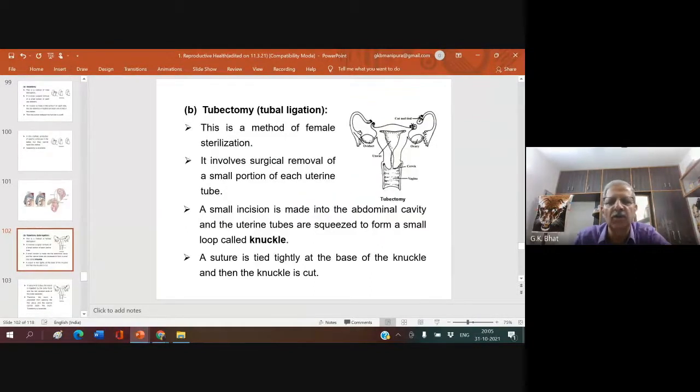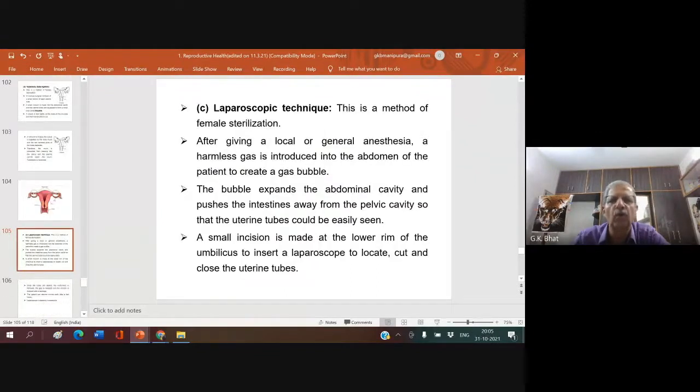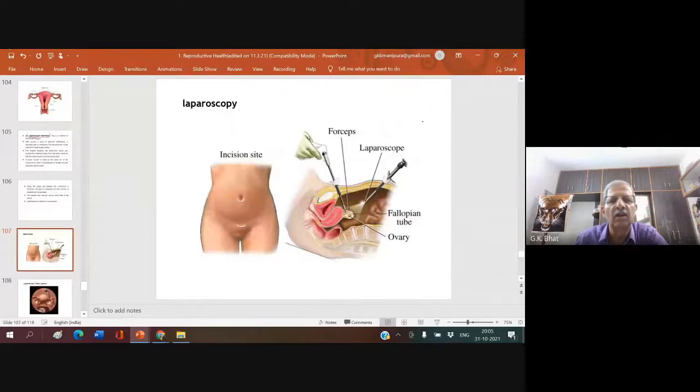And tubectomy, this is one more thing I wanted to tell: apart from these two, we have what is known as the laparoscopic technique. What is this laparoscopic technique? Most women are going for this rather than tubectomy. In this technique, what is done? See, just near the navel, some incisions are made, just above the vulva.